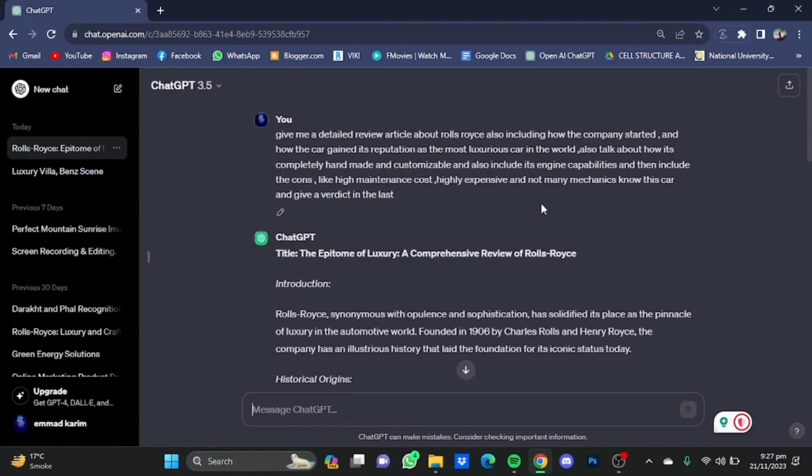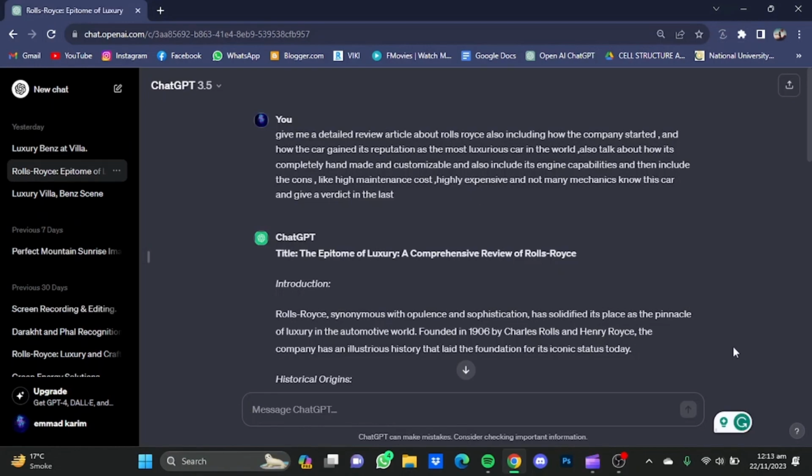Now you can make the prompt more detailed so that you get the best out of ChatGPT, and you can do so by just following this prompt method right here to give ChatGPT a detailed prompt, and in return you will get your